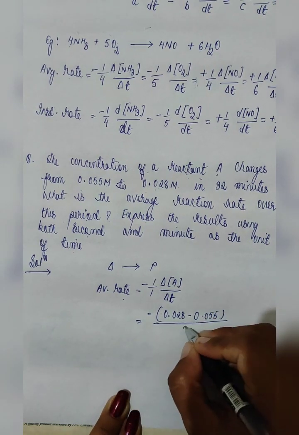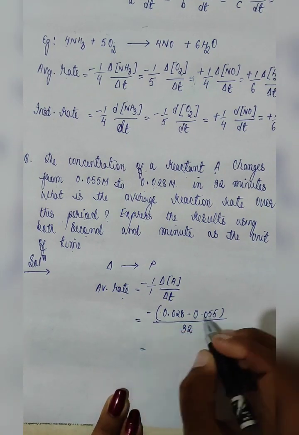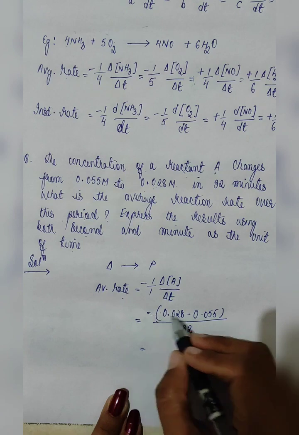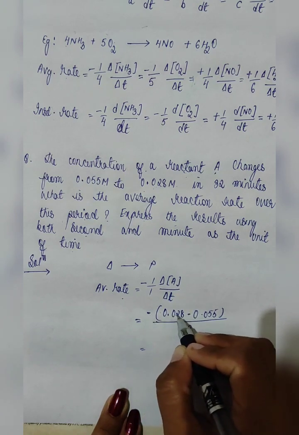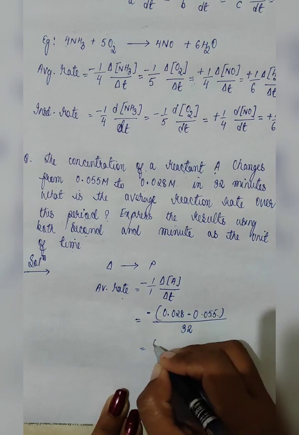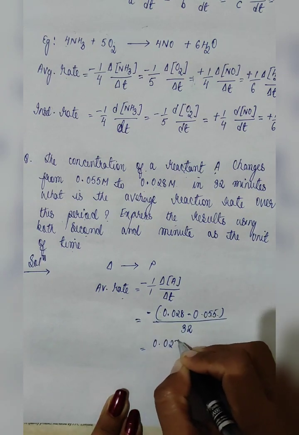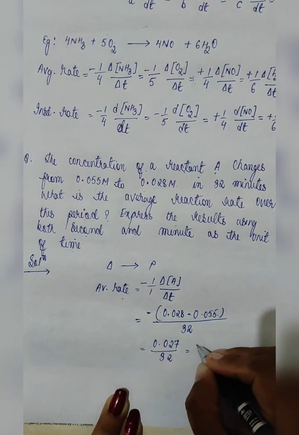What is the time given here? It's given 32 minutes. So upon opening the bracket, minus into minus will be plus. So minus 0.028 plus 0.055, we will get 0.027 divided by 32. So upon division, we get